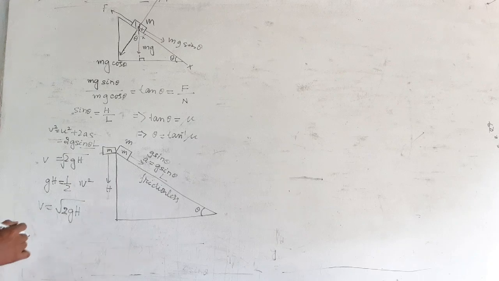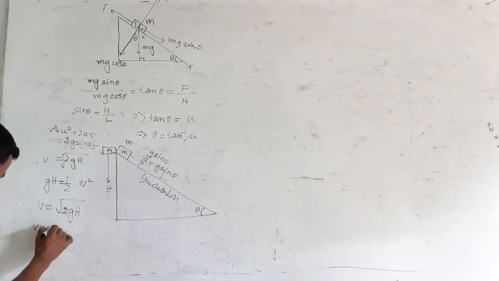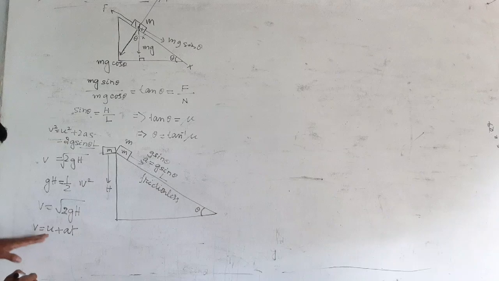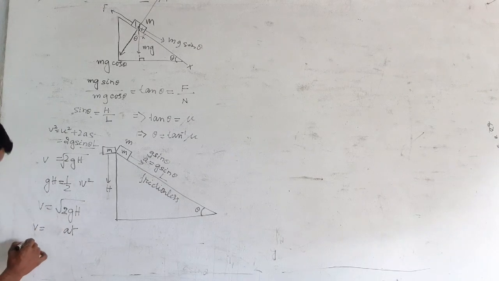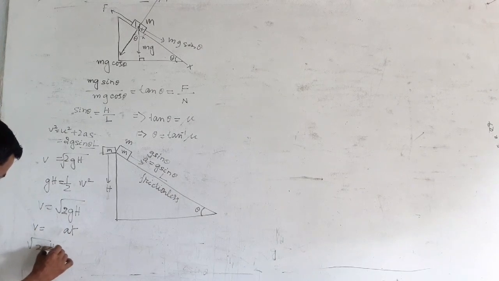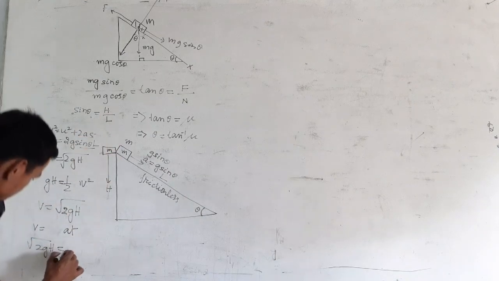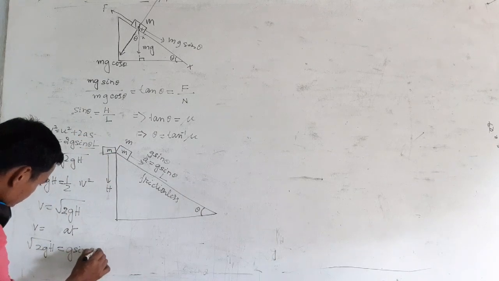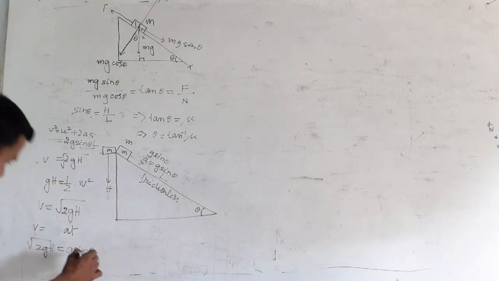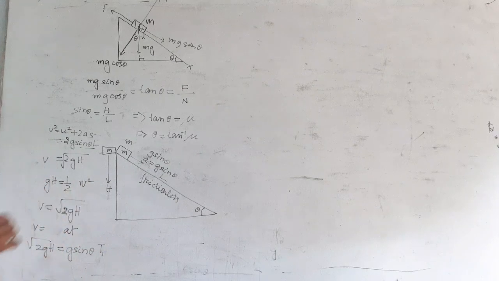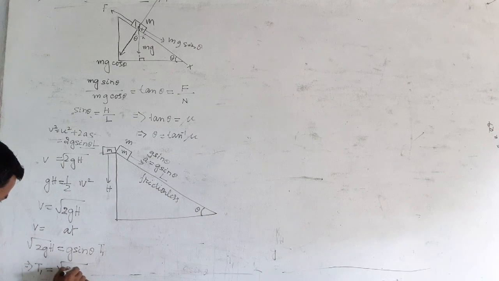Okay, to find out, let's use the equation v is equal to u plus at. Now initial velocity for both cases is 0. So u is removed, v is equal to at for both cases. So final velocity is also the same, root over twice gh, is equal to acceleration, which for the mass sliding down is g sine theta, times the time taken, t1. Let's say, implies time taken by the sliding block is equal to